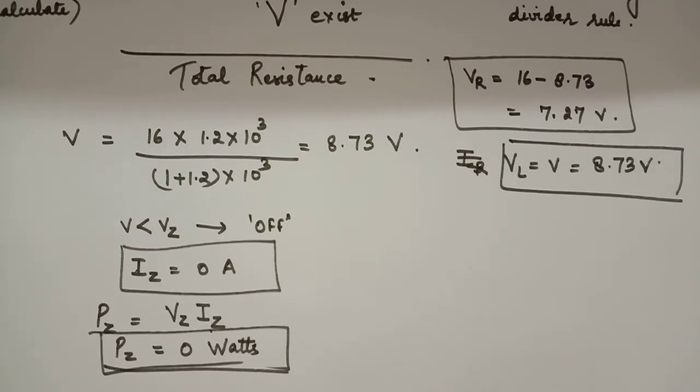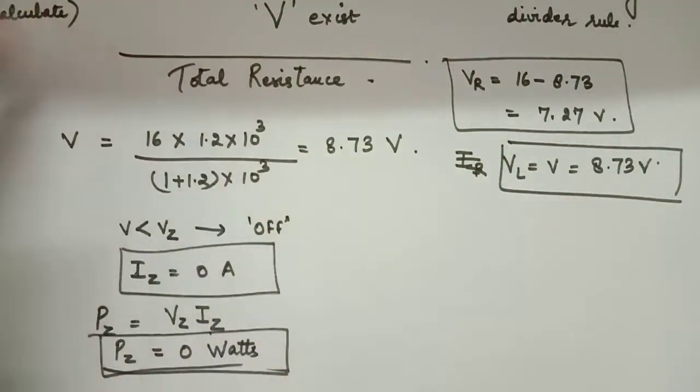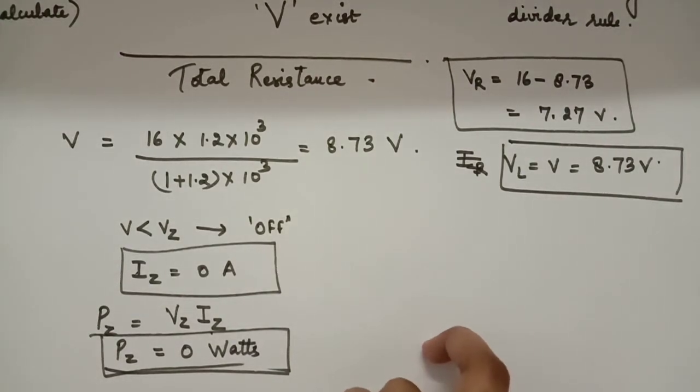So this is how we need to solve numericals. First of all, we need to recognize whether the circuit has fixed VI and fixed RL. This solution was for fixed VI and fixed RL. Both are fixed and we are simply asked to calculate the parameters. So first of all, we need to determine whether the diode is on or off by starting with the voltage divider rule. Alright, and then accordingly we proceed.